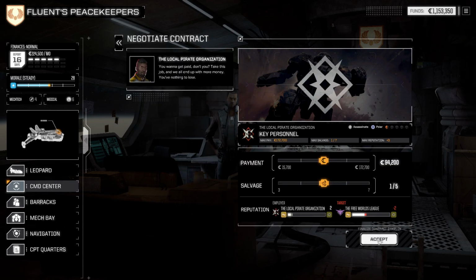Nice. Let's negotiate. So the most we can get is 1 out of 7, so there's no point in not taking, like...